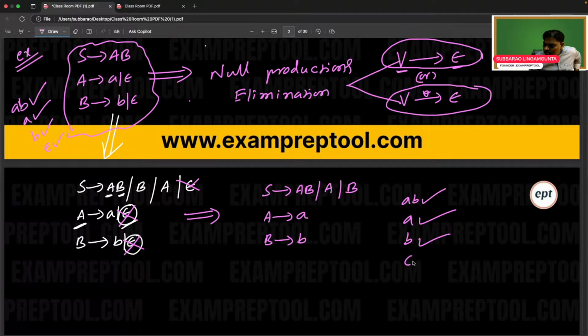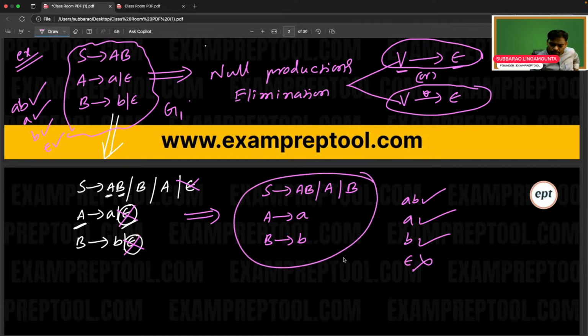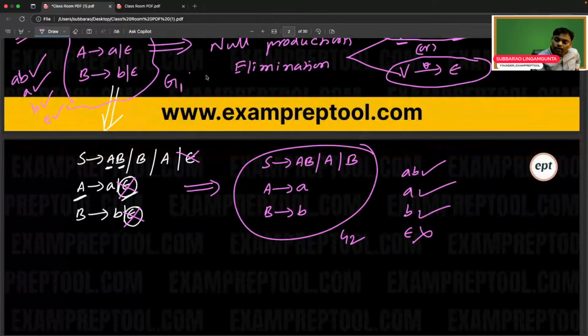After eliminating the null production, in the original grammar epsilon is possible, but here epsilon is not possible. Maximum difference may be epsilon. Let us assume the given grammar is G1, the original grammar before conversion. After conversion, you got G2. Now, if you observe the language of G1,